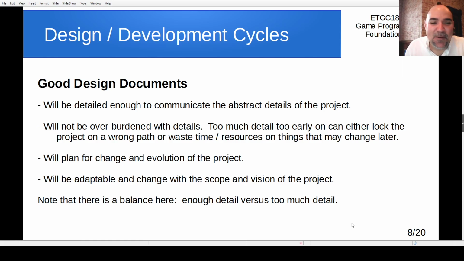All right, so anyway, we want to have it be detailed enough to communicate the abstract parts of that project. Now, what we don't want is to have too much detail. Remember, the design document is to communicate the ideas and those abstract parts of the project. We don't want to have so much detail that it locks us into a bad idea or a wrong path early on. And we also don't want to waste a whole lot of time and resources on something that might change later. So the idea is we want to start with this kind of initial design document and then, as the idea becomes more and more certain or more and more specific,